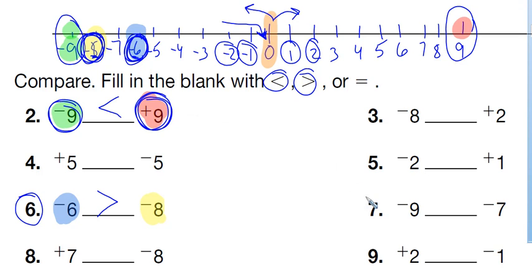Let's look at number 7 here. That's another negative. Okay, number 7. We've got -7. I'll make that this color, brown. -7 is right here, and we've got -9, which we'll make green. -9 right here is green. Which one is greater? Well, -7 is greater because it is closer to the 0. -9 is